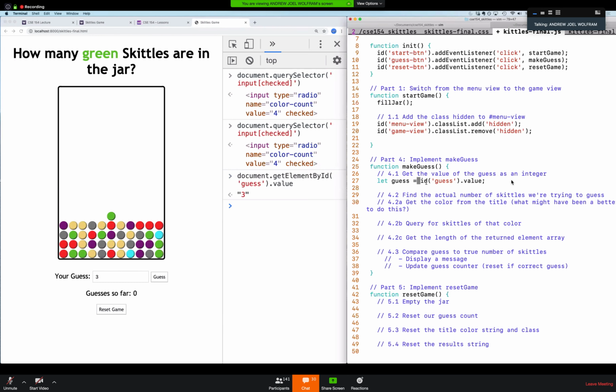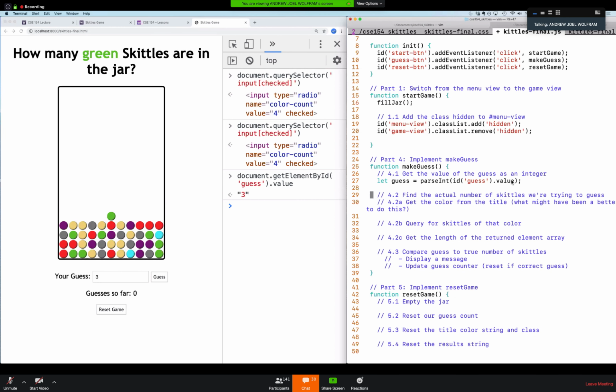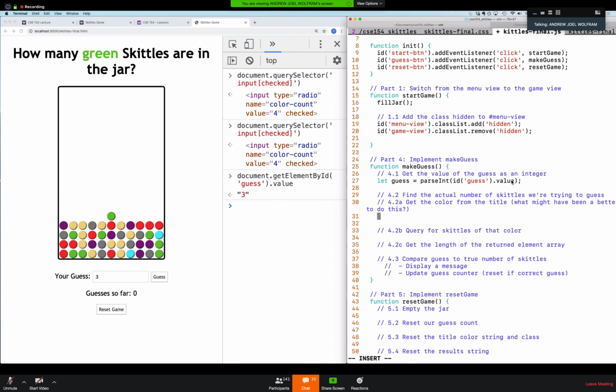It's still going to be a string, so I need to go ahead and parseInt on that. Okay, so now I have my actual guess number. And then what I want to do next is find the actual number of Skittles we're trying to guess. So the only place that I haven't saved that as a global variable on my page